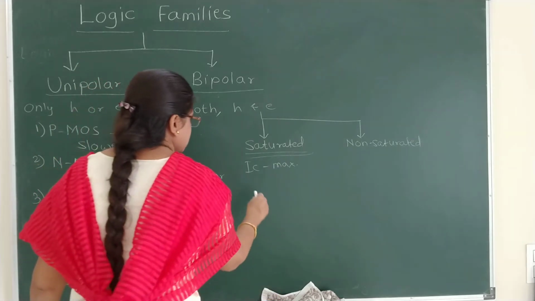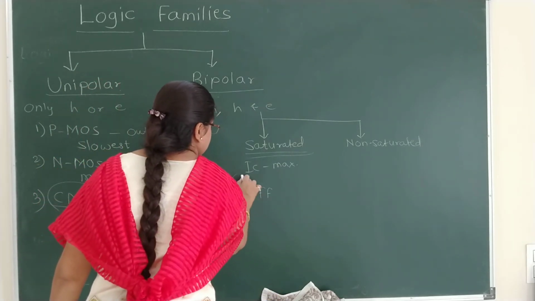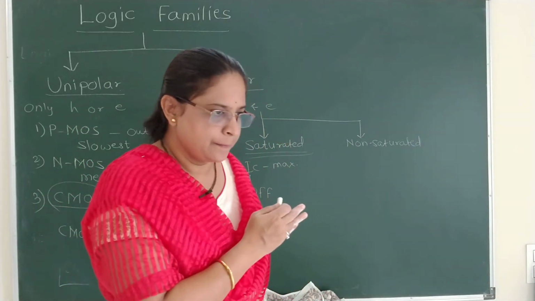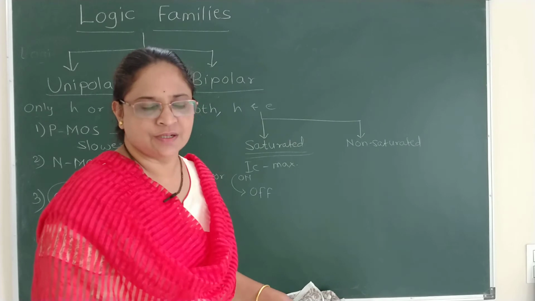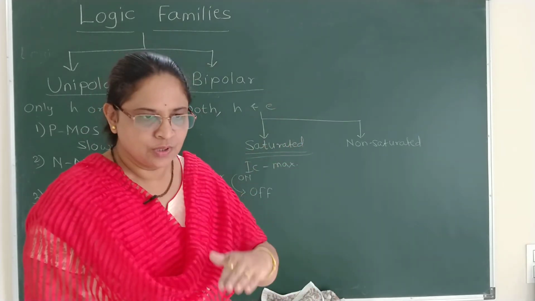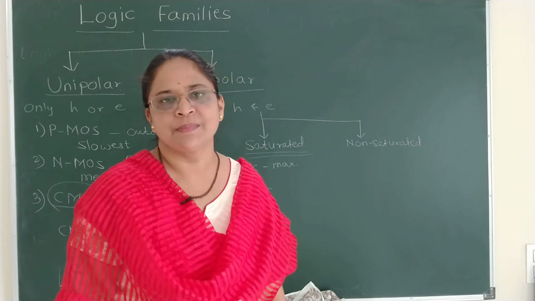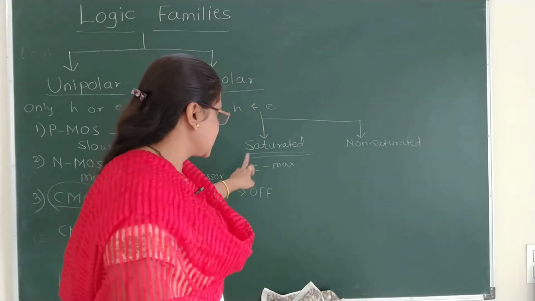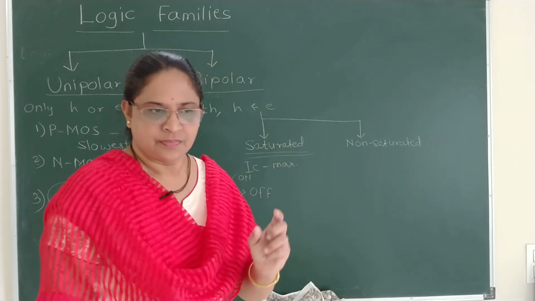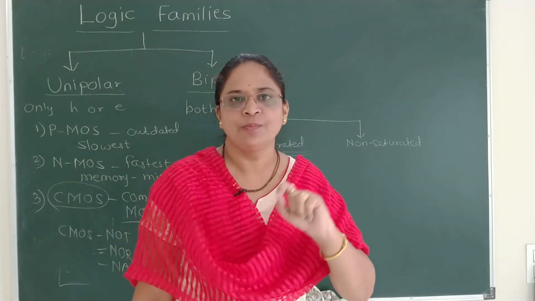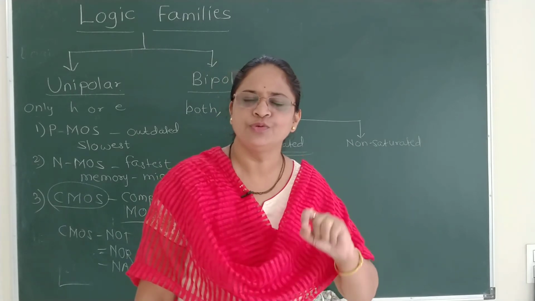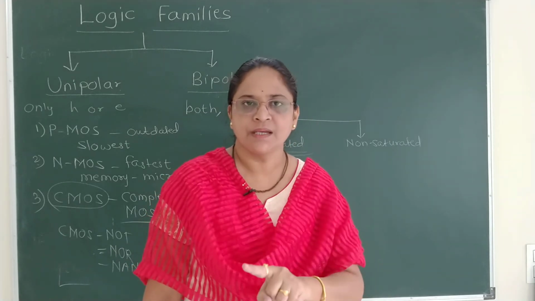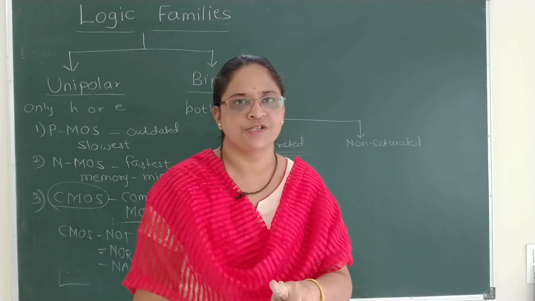So when the transistor gets turned off from the on state, it needs a certain amount of time to reach the off condition, that is to reduce the current level to a particular level so that it can be considered as the transistor's off action, cutoff action. So to remove charge carriers from the collector region, it needs a certain amount of time. It may not be in minutes or seconds. It may be a few nanoseconds, but it is still required to turn the transistor off from the on state.